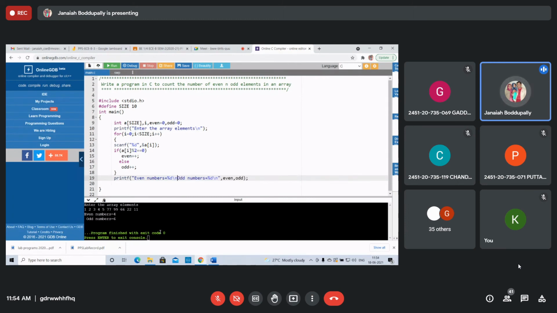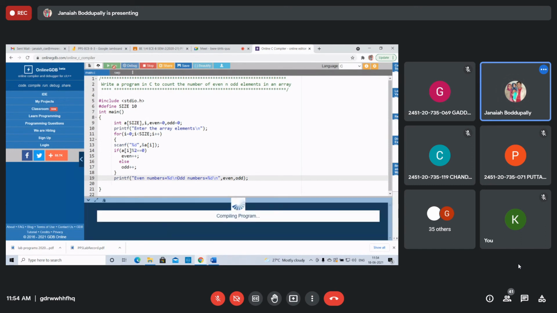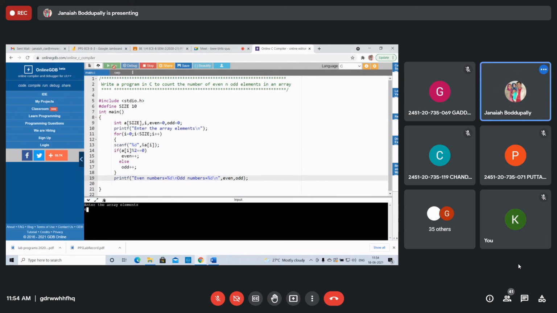Even numbers equal to 4, odd numbers equal to 6. So give any size, 10 only, maximum. Give less than that. Again 77, 71, 88.